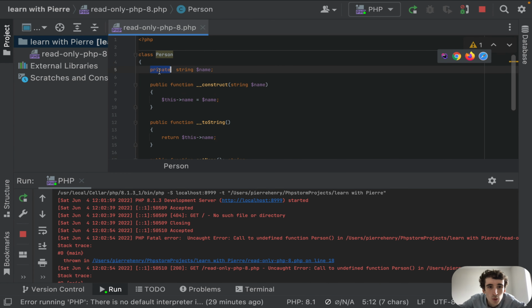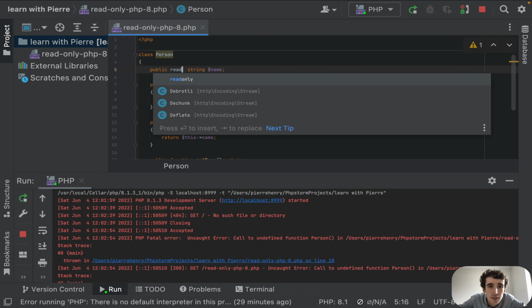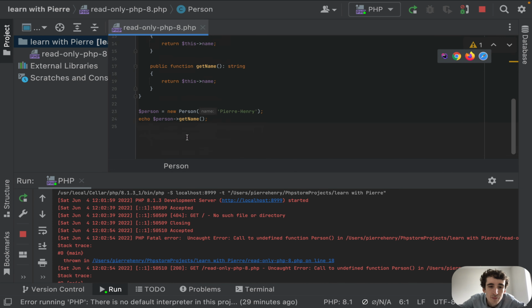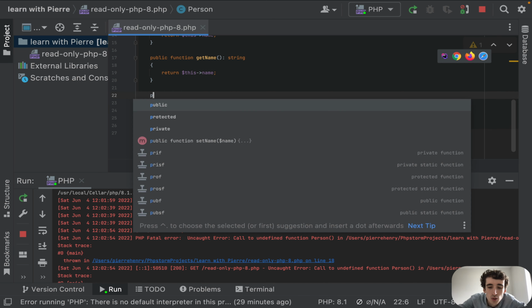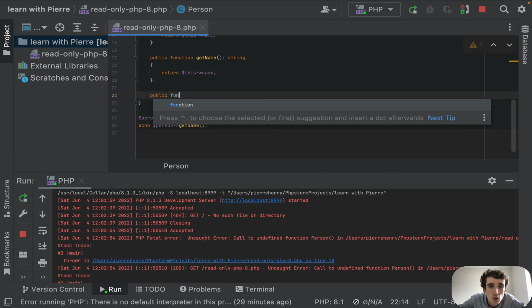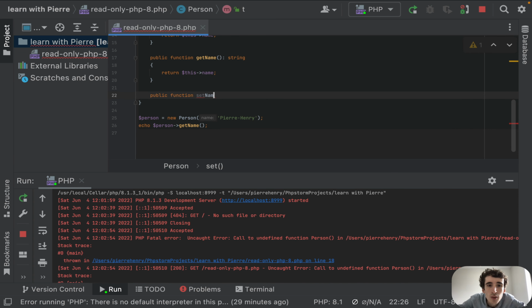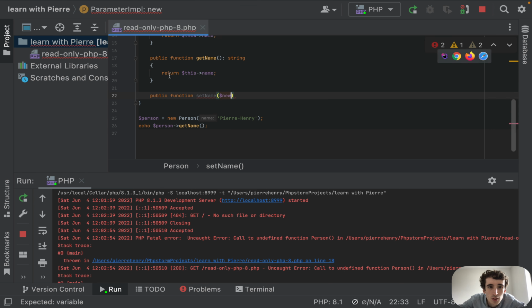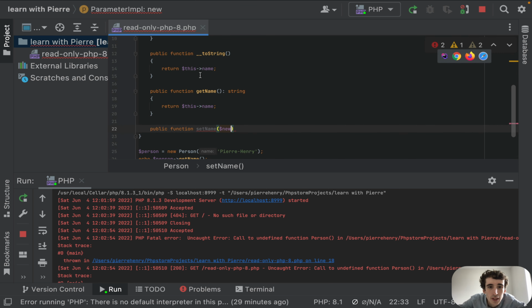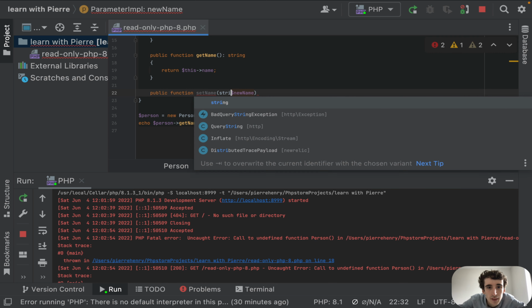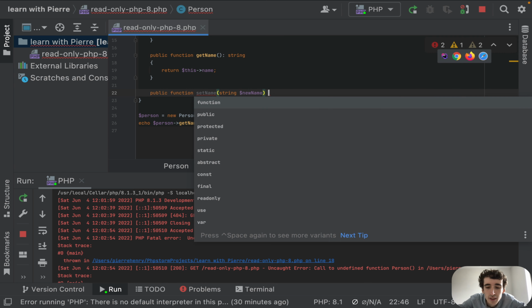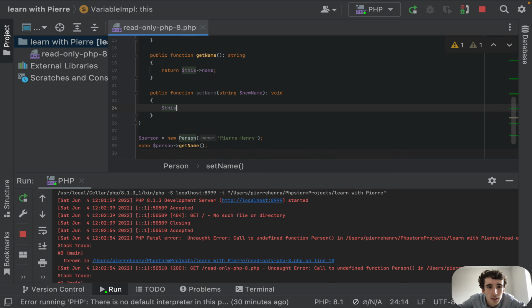Now I can just do public readonly, and it can be initialized once, and after I cannot change it. But we don't need to have a getter, and before we also had to do a setter as well. So a setter to set the value only for the class. Because the property was private, if we wanted to change it, we would have a setter like newName, and again newName has to be a string,